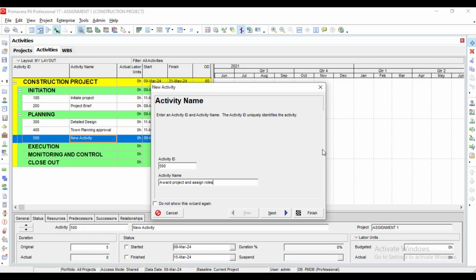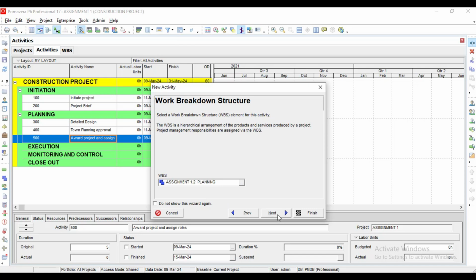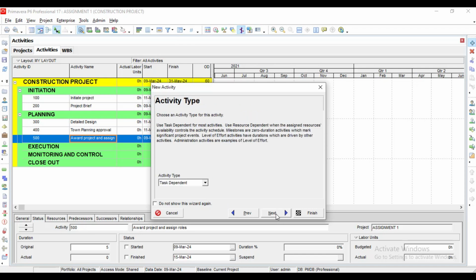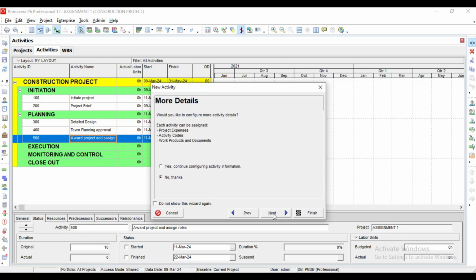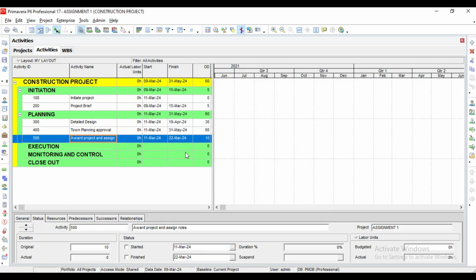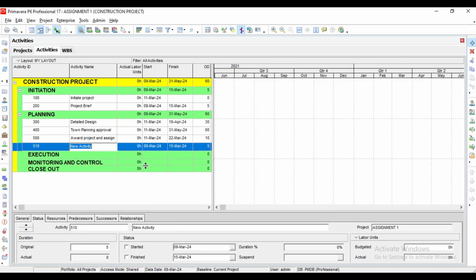All right. So award and assign roles, that is 10 days. It's under award and it's still under 1.2. 10 days. Okay, next is